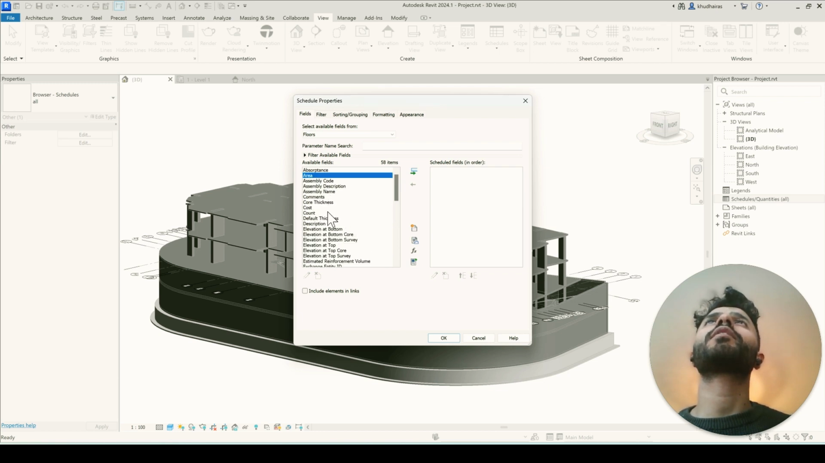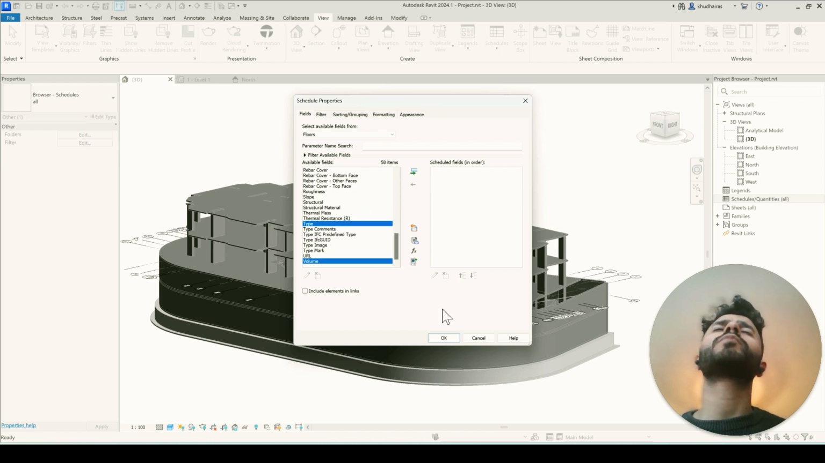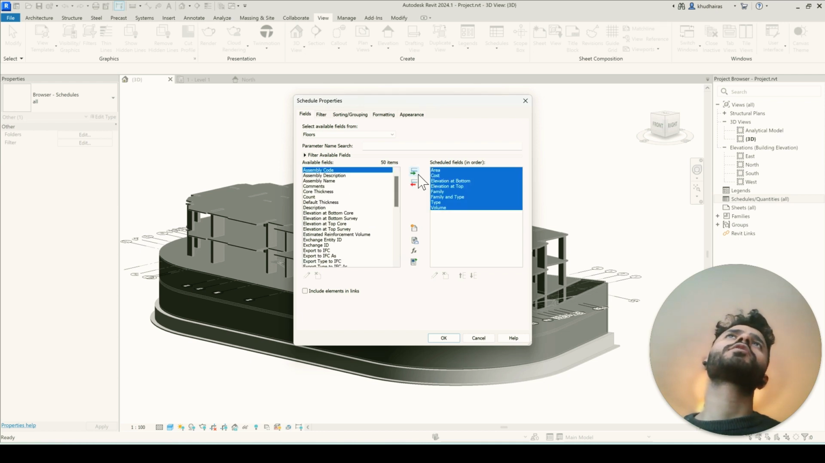So area, cost, bottom, top, family type, volume, that kind of thing. And then I can just send it to the other side. Then I can arrange them if I want something up and down, the order of them. So I want to, for example, have the